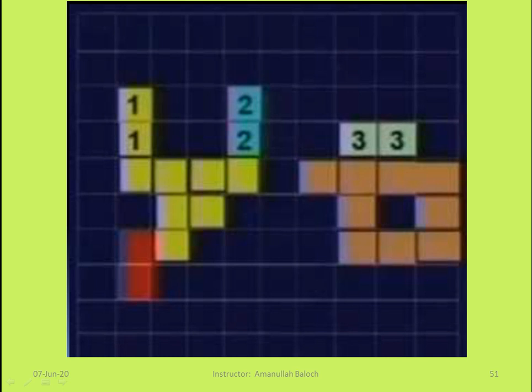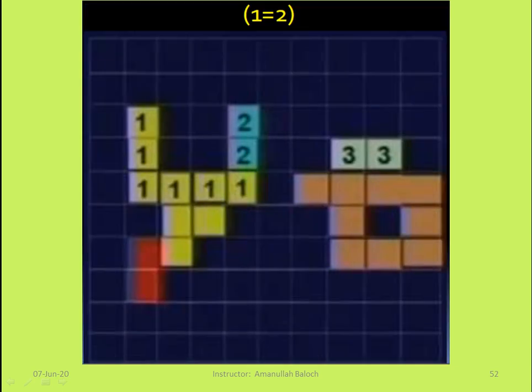This pixel has value 1, and this is a 4-adjacent of the above label-1 pixels, so the label of this pixel will also be 1. This pixel will also have value 1 because this is the 4 neighbor of this, and this pixel is also a 4 neighbor of this. All will have value 1.